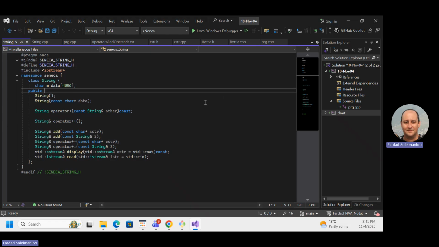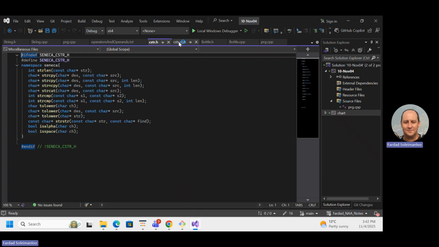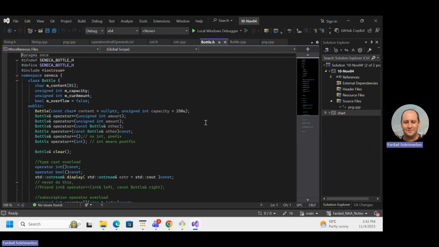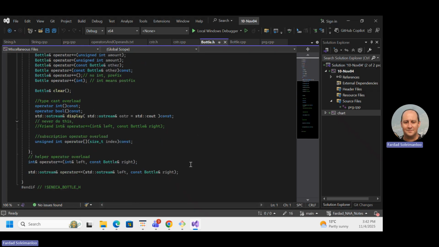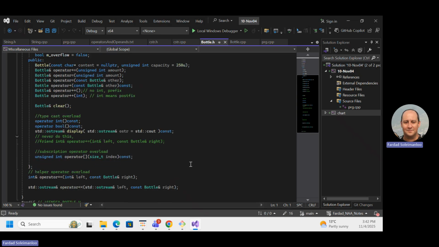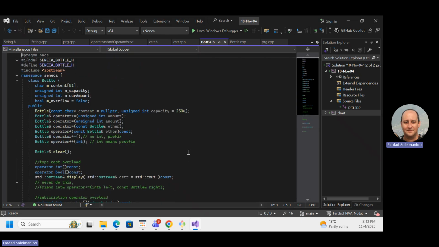Okay, so we created different types of operator overloads. We talked about read and display, and we talked about that to see how we can create a specific type of operators. We had the string, for example, over there. Then these are the STRs that we have, that are our library. Maybe I'm going to use it today. We created the bottle thingy and we displayed it. So essentially we went through all different types of overloading the last time that we were here, right?